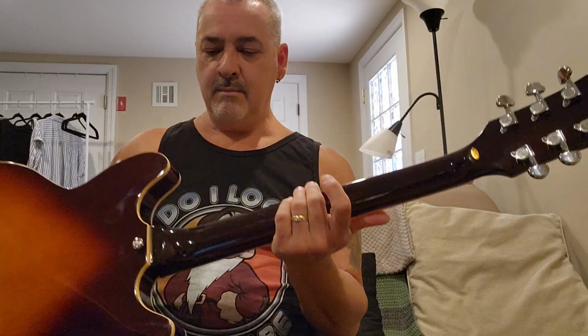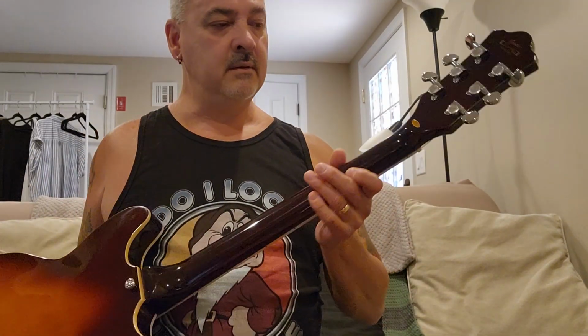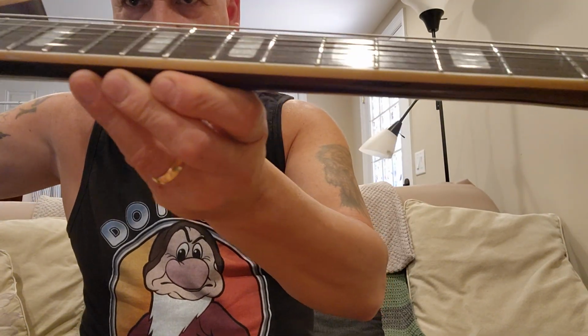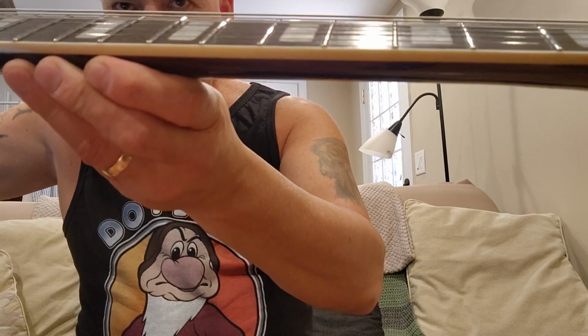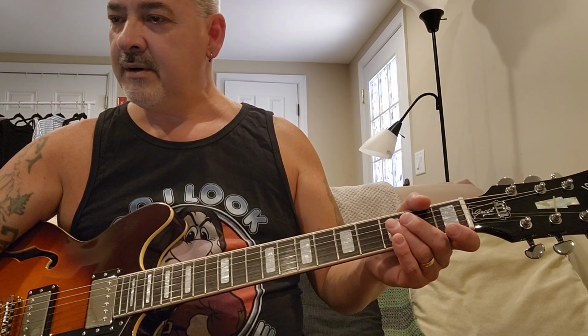It's got a maple neck on it. Again, the fretwork on this thing is pretty good. They're rounded. What type of frets did they say they were using on this guitar? Nickel strings, but I think they got